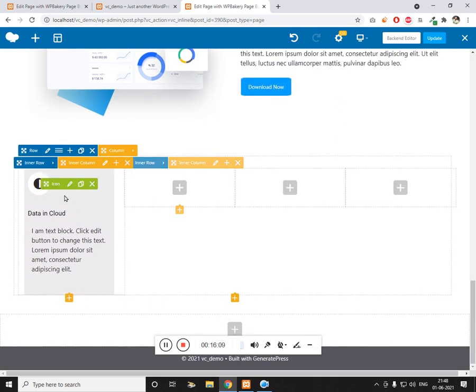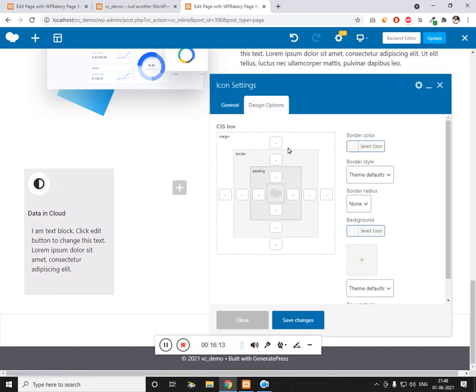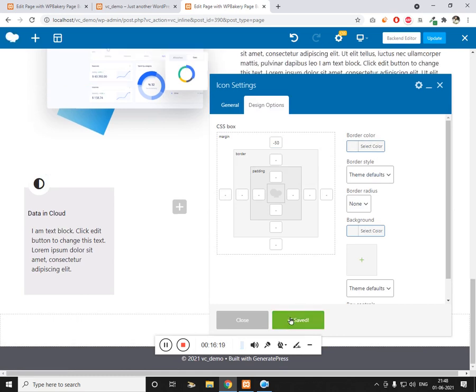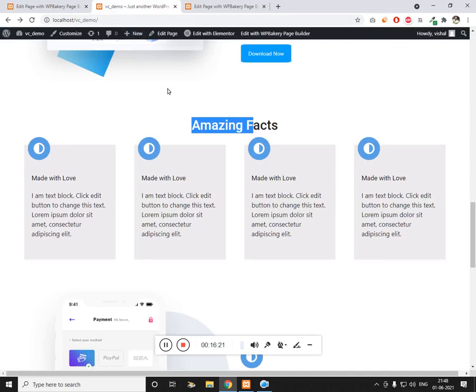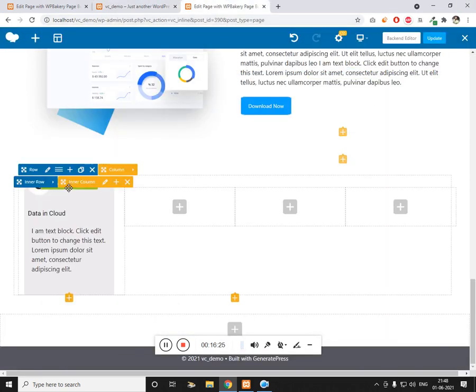Cool. Now let's try to give the negative margin so that it gets out of the box, -50. Great, that is working. So let me edit the row.